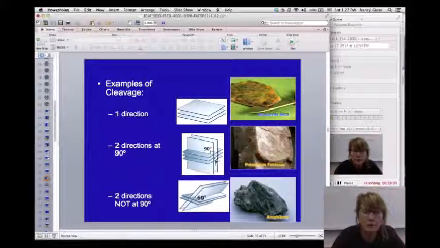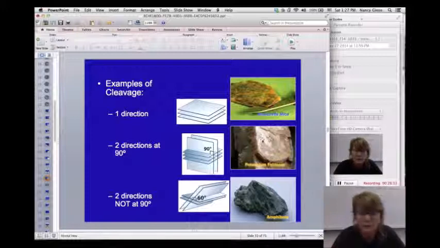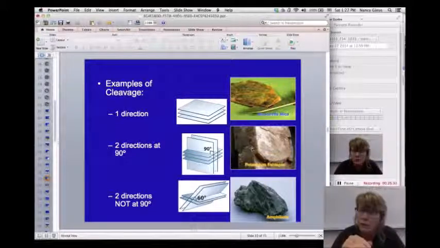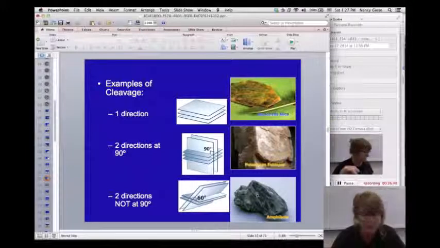If you have a mineral that's very blocky in shape, then you might have two directions of cleavage if the ends of it do not cleave. And then you might ask yourself, if this is a cleavage face and this is a cleavage face, is the angle between them a right angle, a 90-degree angle, or is it not a 90-degree angle? You don't have to say that it's 60 degrees or 120 degrees. You don't have to measure the angle. You just have to recognize, is it 90 degrees or is it something other than 90 degrees? So for example,